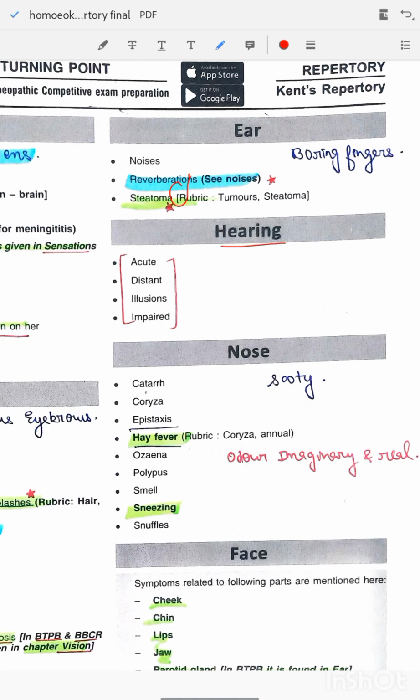In hearing, we have only 4 rubrics, that is acute, distance, illusion, impaired. Nose, we have catarrh, coryza, epistaxis, hay fever, ozaena, polypus, smell, sneezing, snuffles. Face, we have